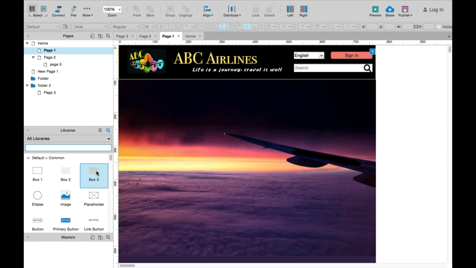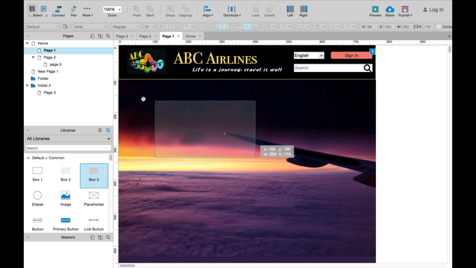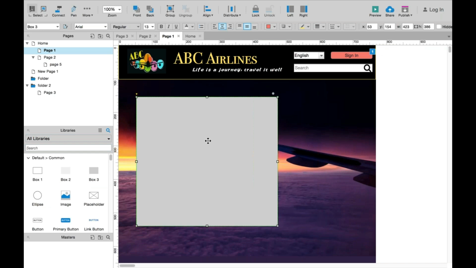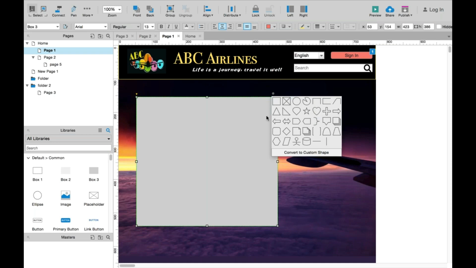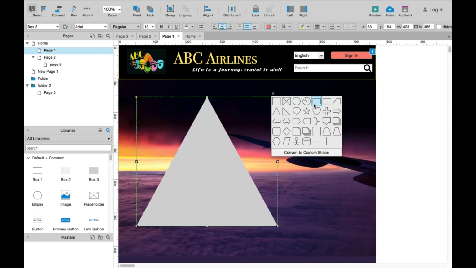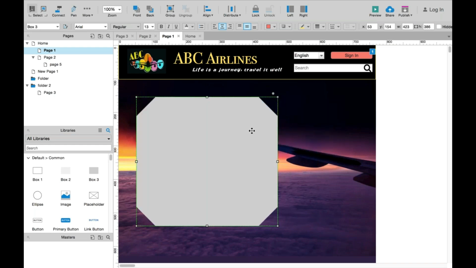So I'm going to add another box. Oh, another thing is, you see this little circle right above it? If you press on it, you can change the shape. Instead of a rectangle all the time, you can change the shape to whatever. I'm going to do this one for now. And you can also add,